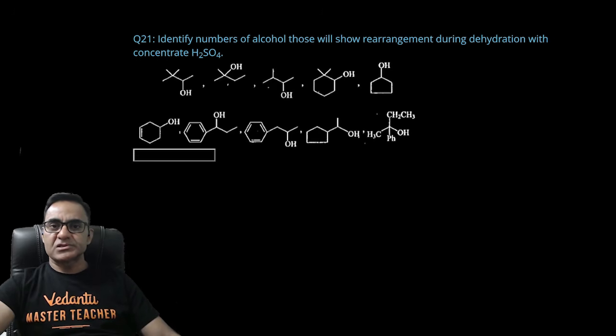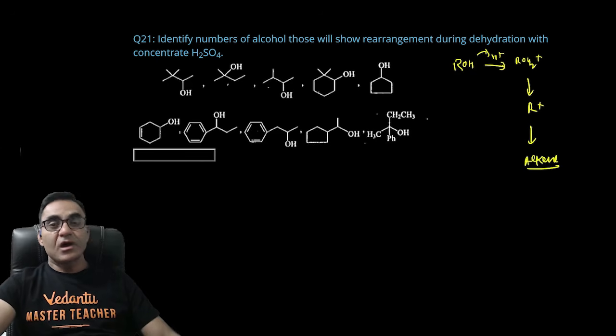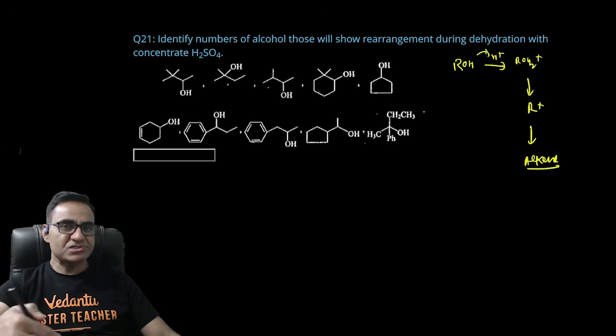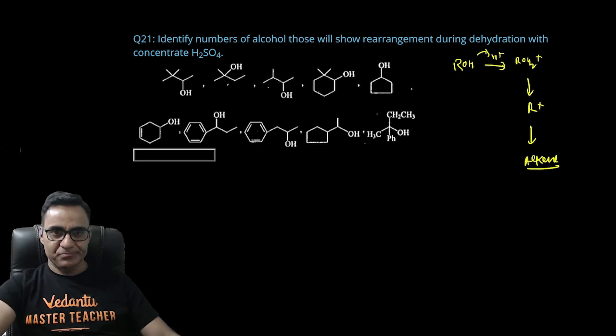Identify the number of alcohols that show rearrangement during dehydration. देखो, डिहाइड्रेशन ऑफ अल्कोहल जब एसिड के साथ करते हैं ना, तो बेसिकली ये ROH2+ बन के फिर R+ बनता है। अगर जरूरत पड़ी तो रीअरेंजमेंट होगा, उसके बाद एल्कीन बनेगा। ये पूरी प्रोसेस है। हम सबको पता है जब भी कोई मैकेनिज्म ऐसा होता है जिसमें कार्बोकेटायन बनता है, तो उसमें वो लेस स्टेबल से मोर स्टेबल की तरफ रीअरेंज होता है।